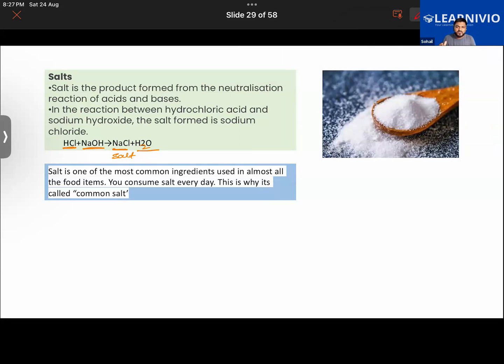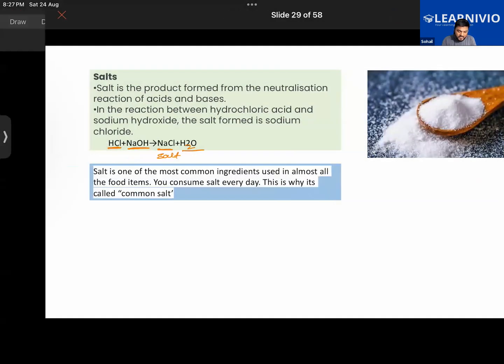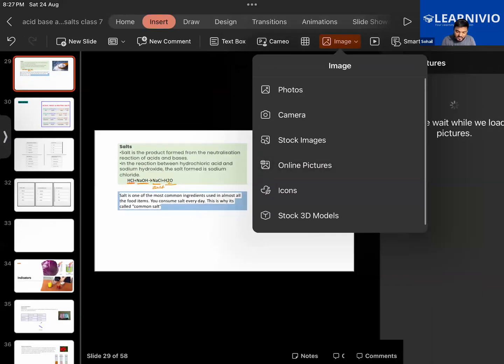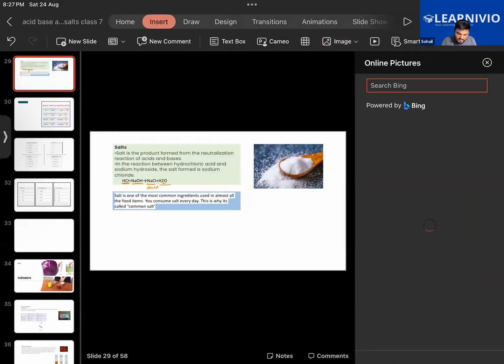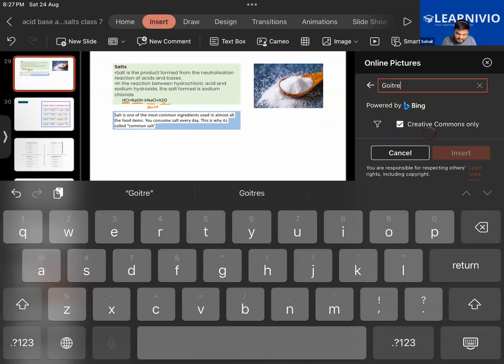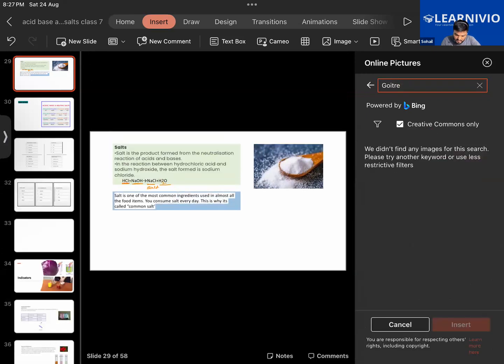Have you guys ever seen people whose necks are really swollen? Have you seen people suffering from a condition called goiter, which is a deficiency disease? Do you know, sir, about goiter? I've heard of it, yes, but I don't know. Okay, maybe I can get that image. Okay, anyways,